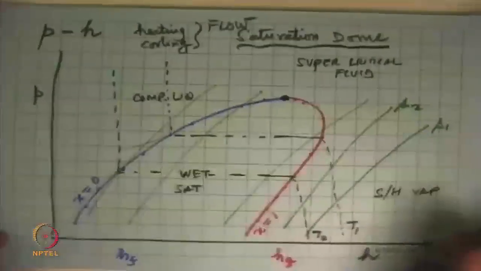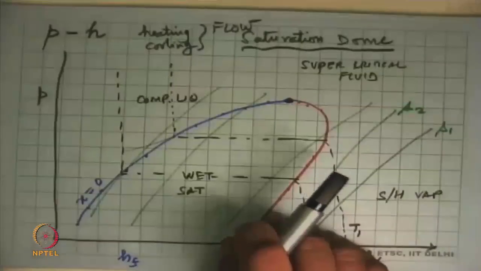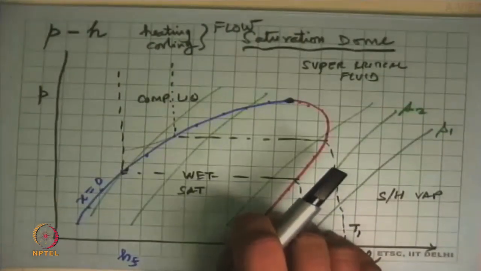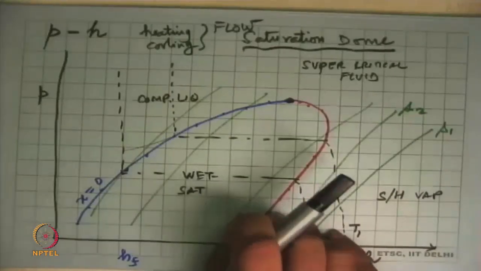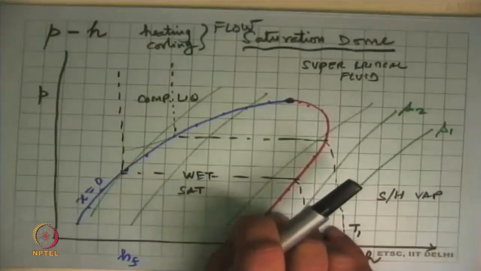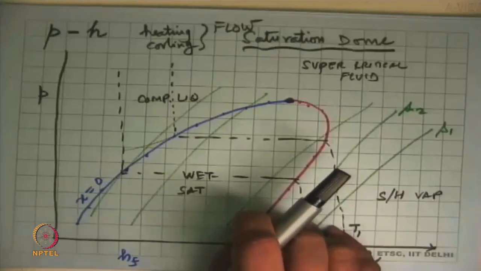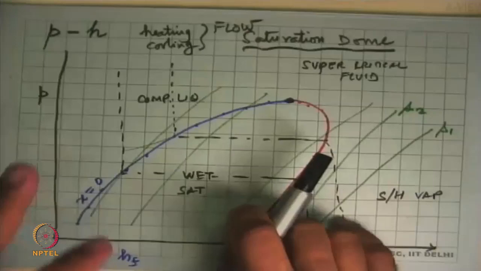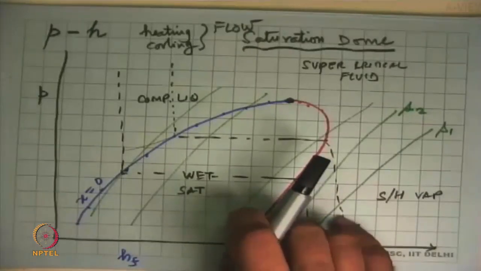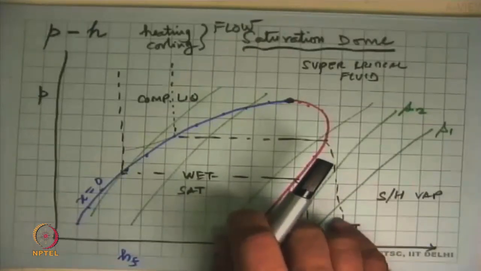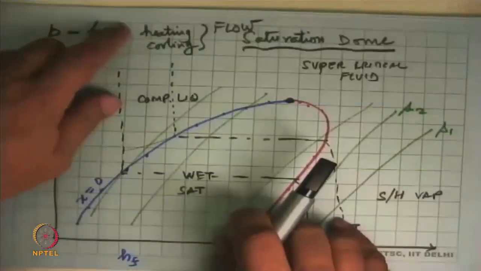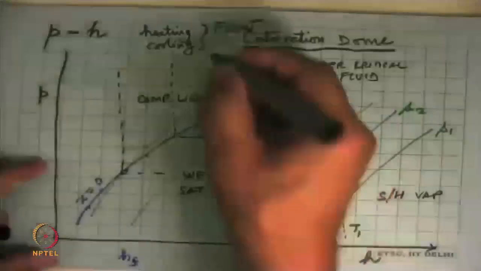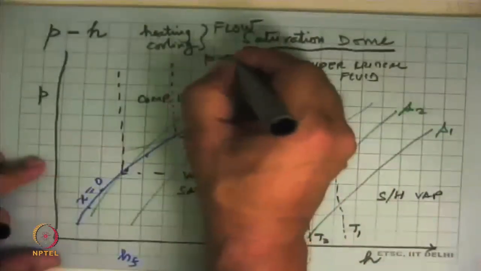An example of that is, say, the air conditioner evaporator in which we are pumping in the substance, it goes through all the tubes, comes out. In the real case, there will be some pressure drop. So the outlet pressure will be slightly less than the inlet pressure. For the time being, let's not worry about it and say that there is no pressure drop. In the first cut analysis in thermodynamics, we assume that flow processes involving heating and cooling and no work transfer, these are constant pressure processes or isobaric.